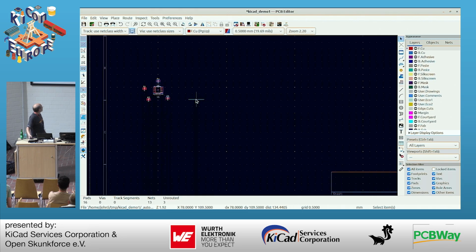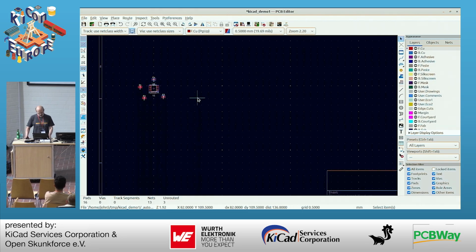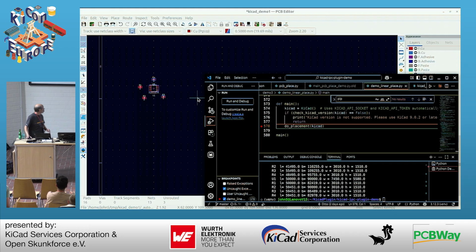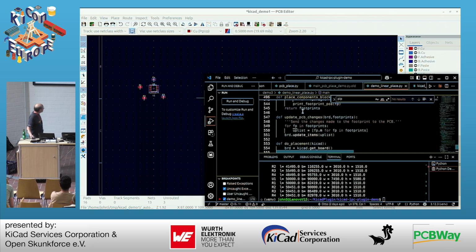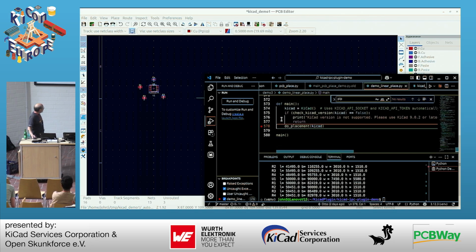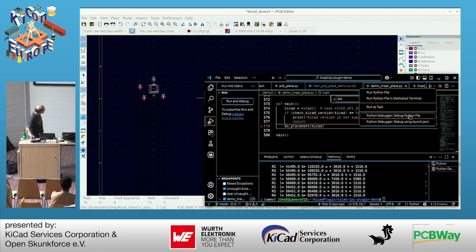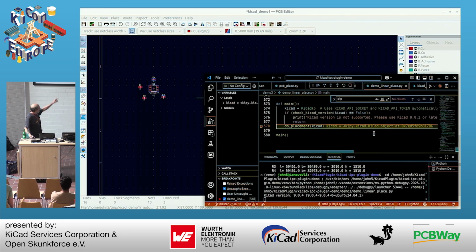So I'm also going to show how you can do development. I'm using VS Code, and this is my Python code. I've placed a breakpoint in my code, and I'm just going to run it interactively in the debugger. Where I hit the breakpoint, now I can step into